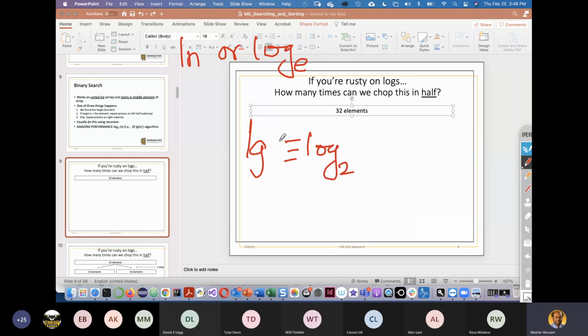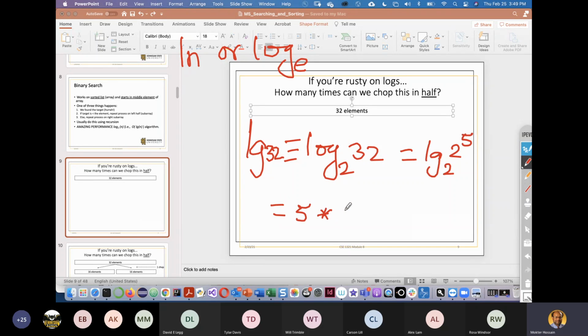So lg 32: 2 to the power 5 equals 32, right? That means it equals 5